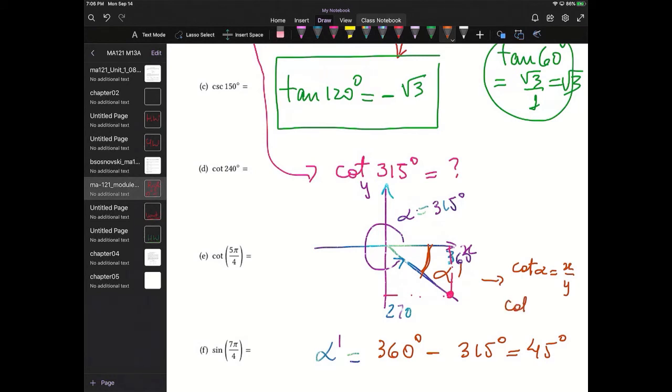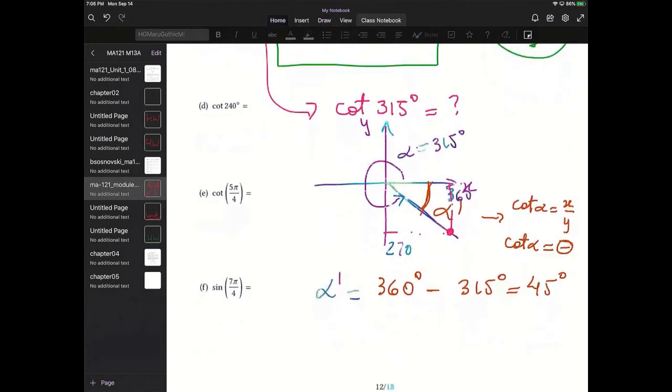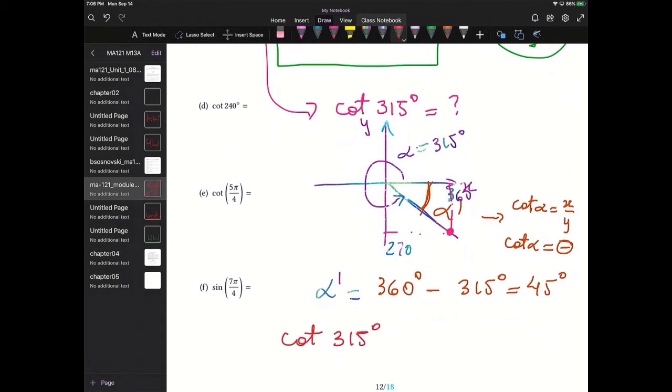So cotangent is some negative number. Okay, so we now know then the cotangent of 315 degrees is negative the cotangent of the reference angle, which